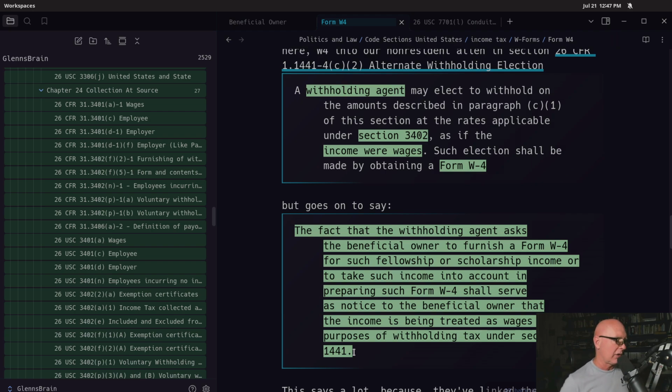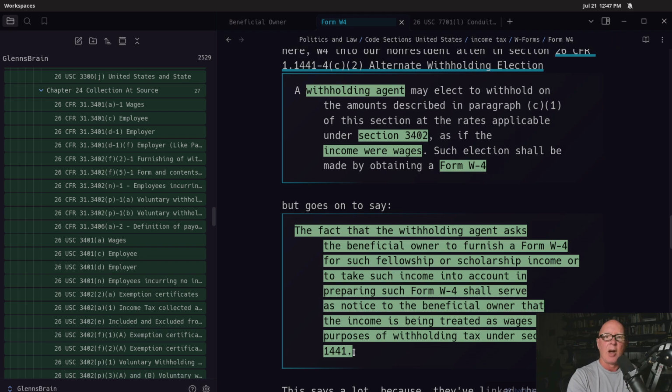Now, I want you to think about something. This is literally saying, just assume that you disagree with me on payroll taxes. Say you completely disagree with what payroll taxes actually are. This is actually saying that by them giving you a W-4 and you preparing that W-4 to give back, that is notice to you that they are going to treat any income that you're making from the company that you're filling that W-4 out for, you're electing to treat that as wages, which are money coming from within the United